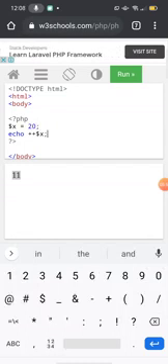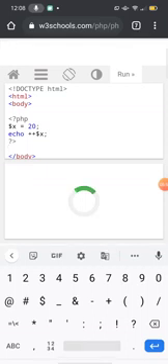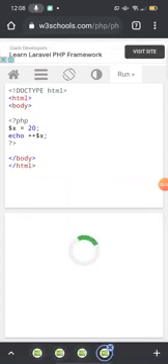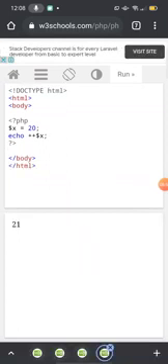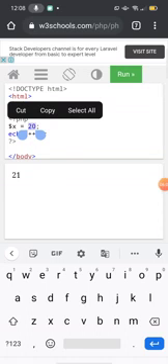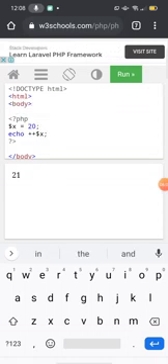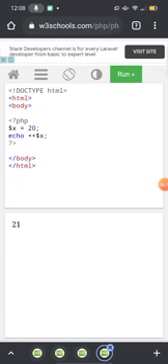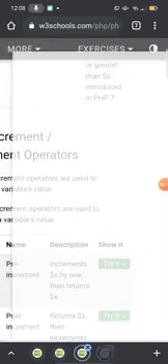I am writing 20 over here. The value of x given in the practical is 20, and after increment it becomes 21. Okay, this is the use of the increment operator.